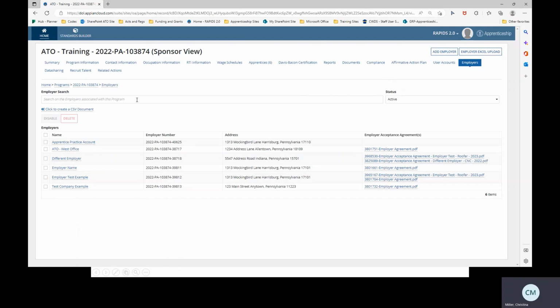Now we are on the employer page where you can see a listing of all the employers that are attached to your program. And on the right-hand side here, under the column that says employer acceptance agreements, we have employer acceptance agreements. But you can see just at a glance here, when you have employer agreements that have a same or very similar name,